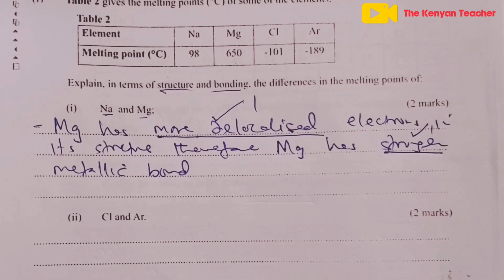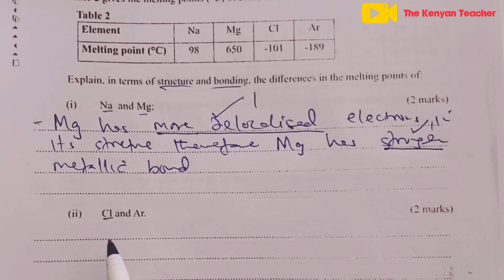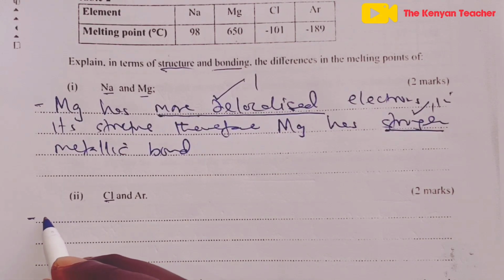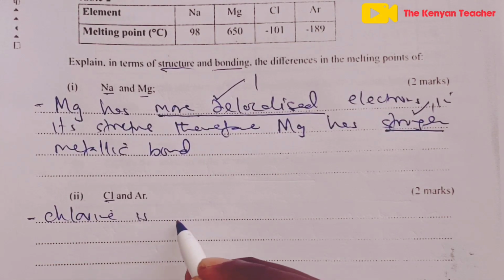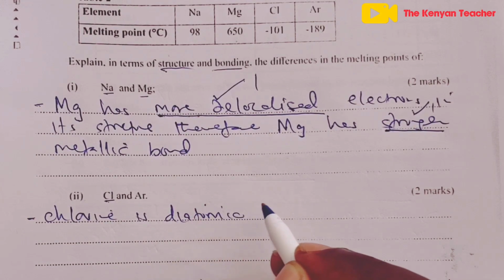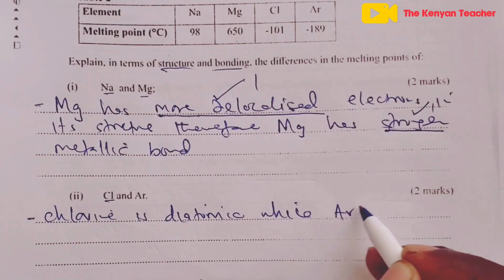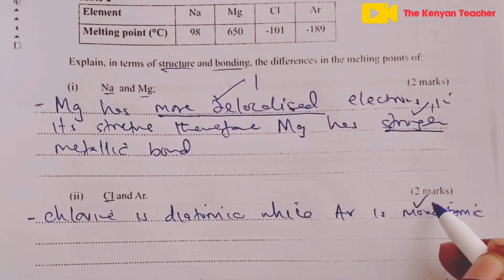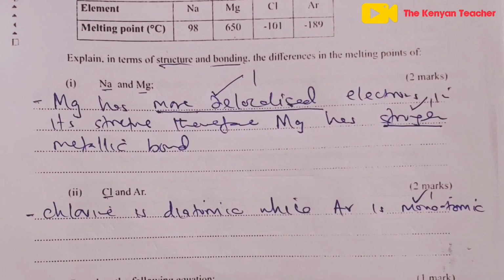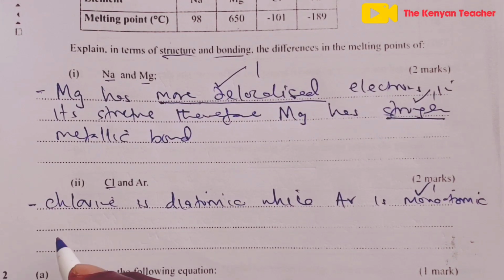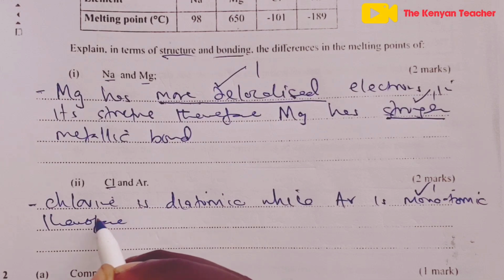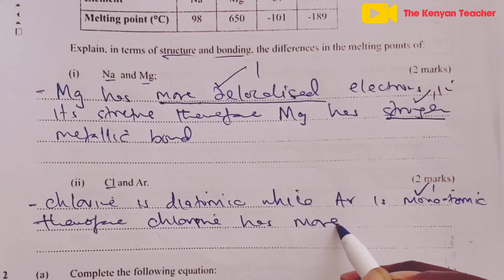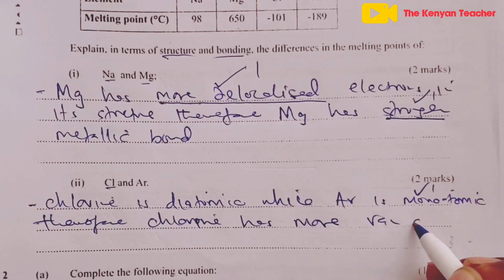Let's now look at chlorine and argon. Again, we can see the melting point of chlorine is higher. Don't tell us that. Go straight to the reason. So we know that chlorine is diatomic, while argon is monoatomic. This would give the candidate the first mark, giving the differences. Then we go ahead and explain that therefore chlorine has more van der Waals forces